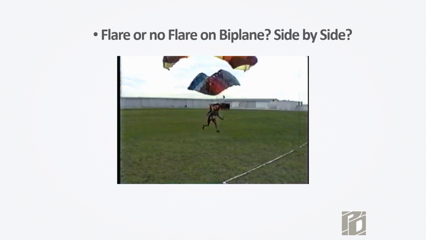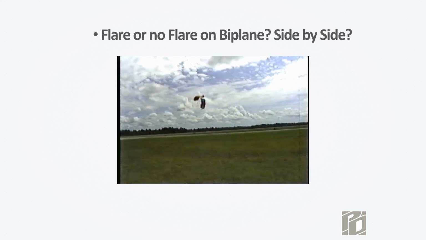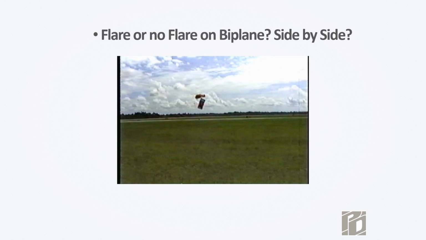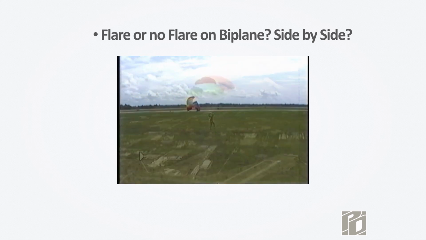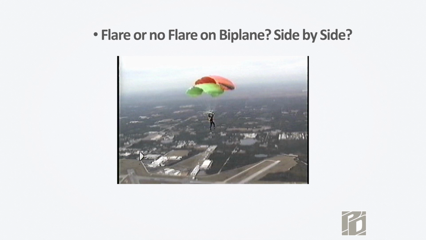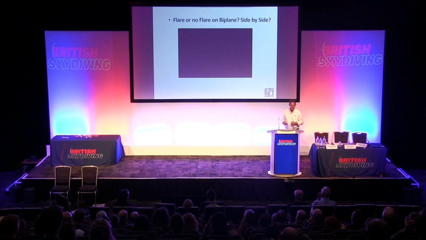Look at that one. Again, the parachute behind, even side-by-sides definitely do not flare if you're gonna land a side-by-side. And certainly do not flare just the outside or just the inside toggles. We don't wanna get into why, but the inside toggles is even scarier than the outside ones. So again, this isn't a dual square thing, but I thought since we're talking about crazy stuff, I'd show you